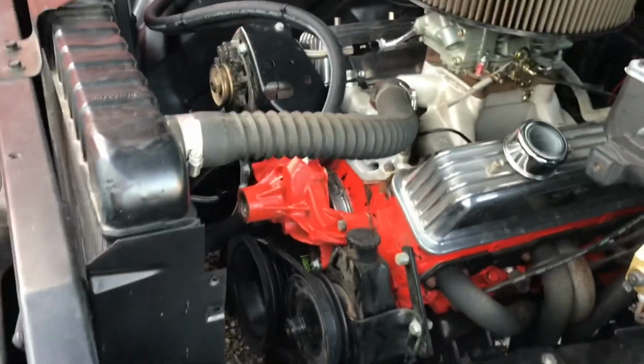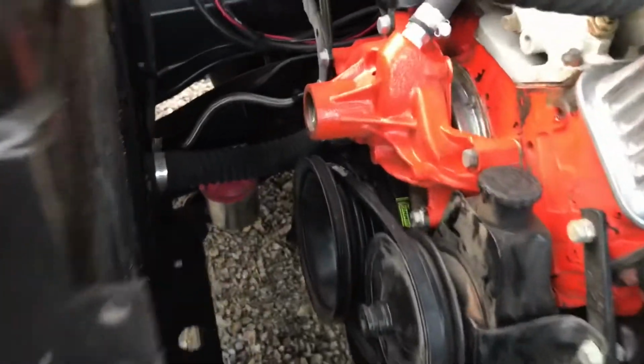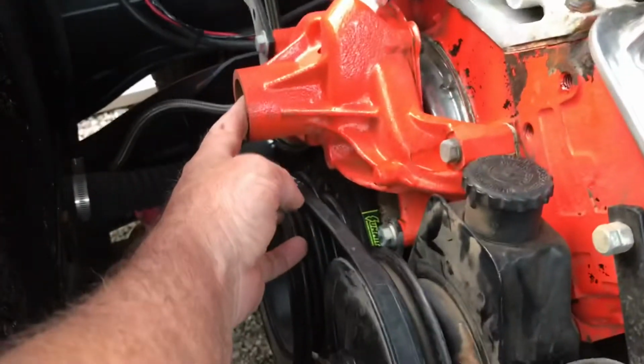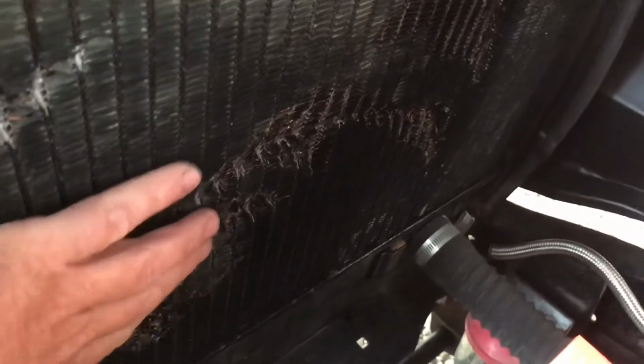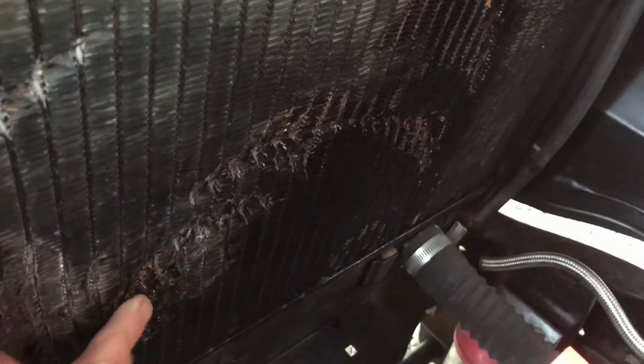All right, so you can see the carnage here. The broken shaft from the water pump, and the radiator and fan got into contact pretty good here. I had this radiator custom built a few years back, and it wasn't cheap, and so I don't know if I'm going to run this one again or